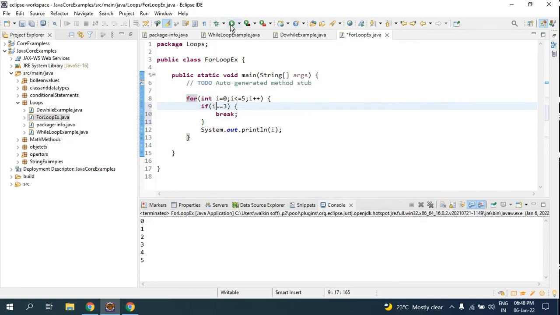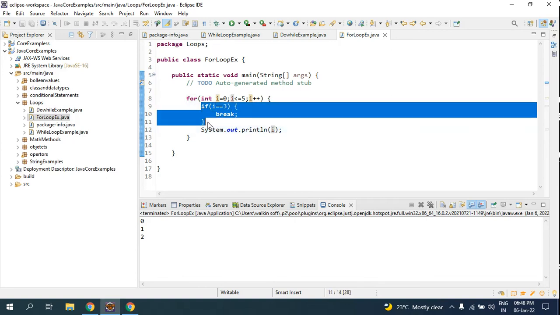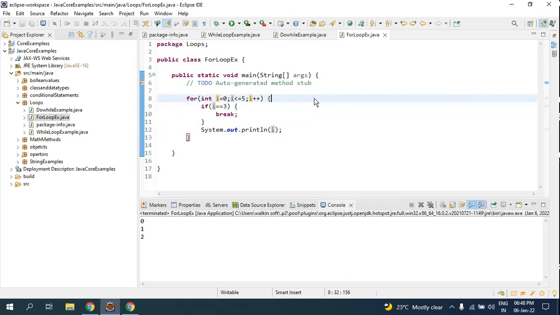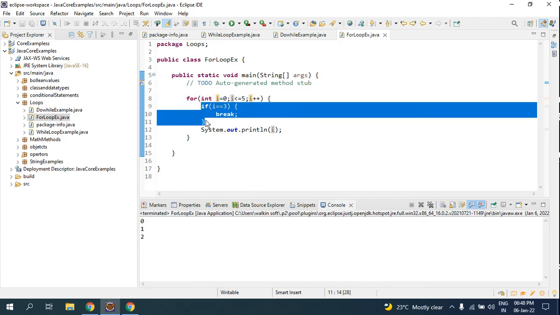It will not get the output beyond the desired condition. Look here, it has stopped at 2 because when it is 3 it got broken. 3 doesn't get printed here. So this is how you break the loop. After 3 you have vegetables, and you don't want to pick the vegetables out of your basket, so you have to stop at 3 here.